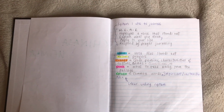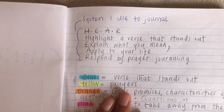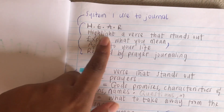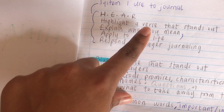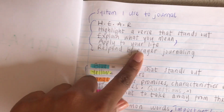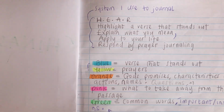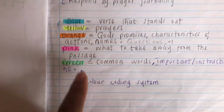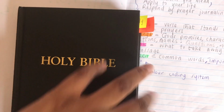For my journaling, I have a system that I use. I use the HERE system, and H just stands for highlighting a verse that stands out. E means to explain what it means. A is how you apply that to your life, and then R is how you respond by prayer. And also I have a color coding system for my Bible. So if you look at my Bible,